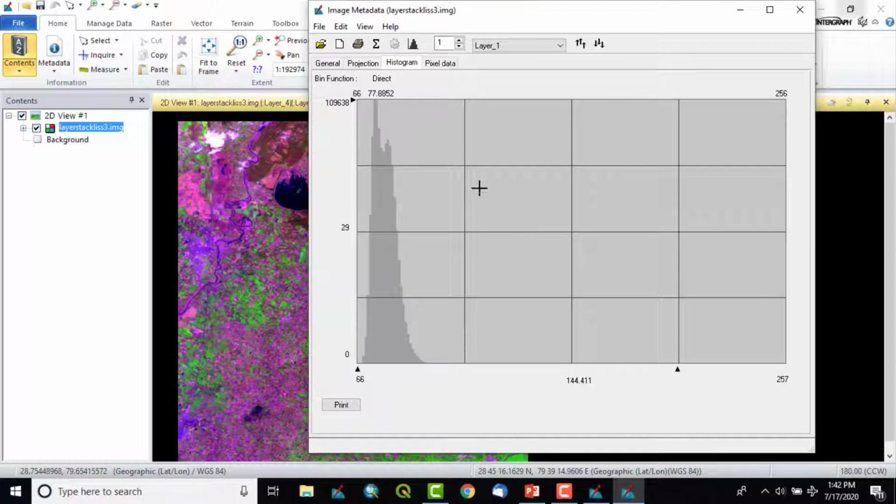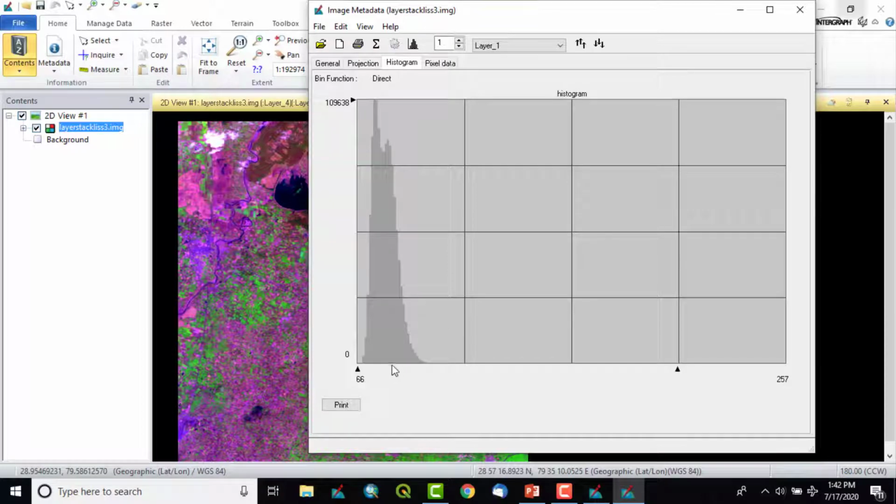What the histogram actually shows is that on the x-axis the pixel value is there, like this particular band has the range from 66 to 257. On the x-axis the pixel value is shown, and on the y-axis how many pixels of that particular pixel value are there in this particular band is shown.